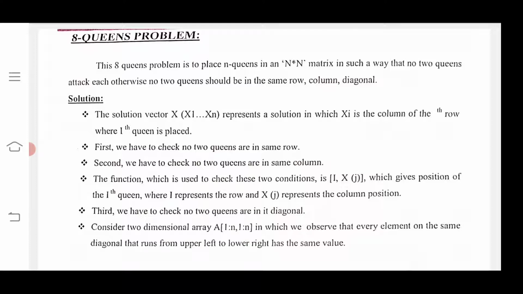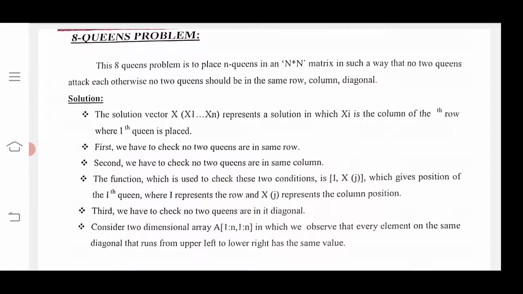We have some steps to follow for the solution here. Listen carefully. The solution vector is indicated by capital X, x1 and so on up to xn.